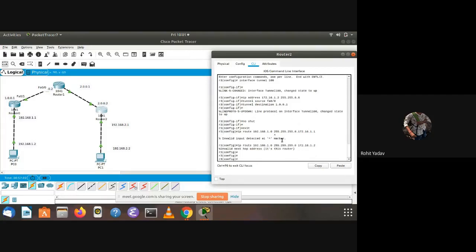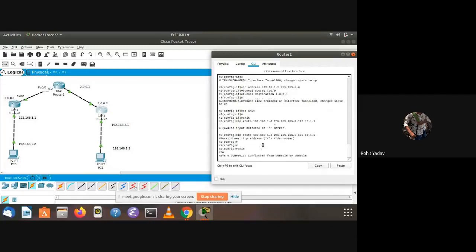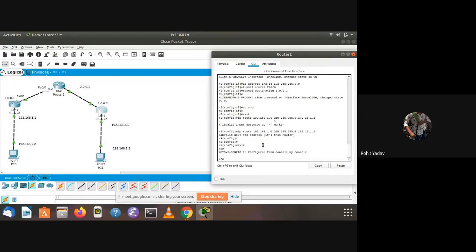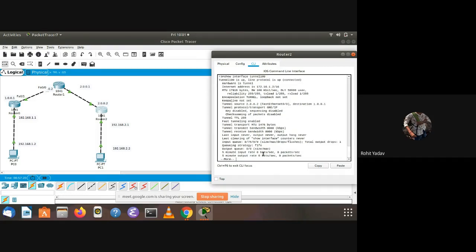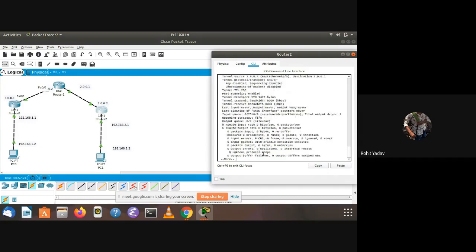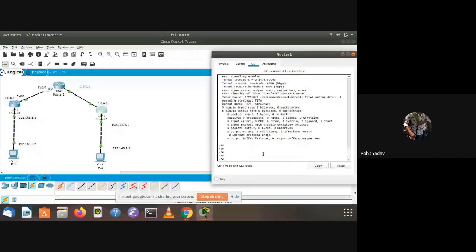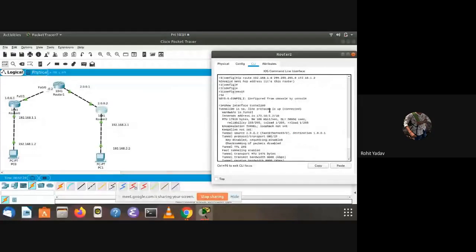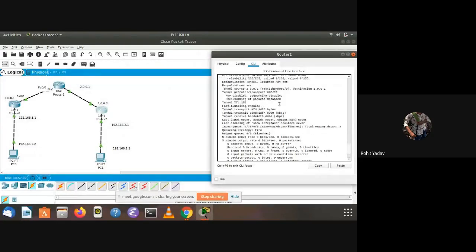I think the tunnel is created. Let's see. Show interface tunnel 100. I think the tunnel is created. After entering this command, this type of output comes.